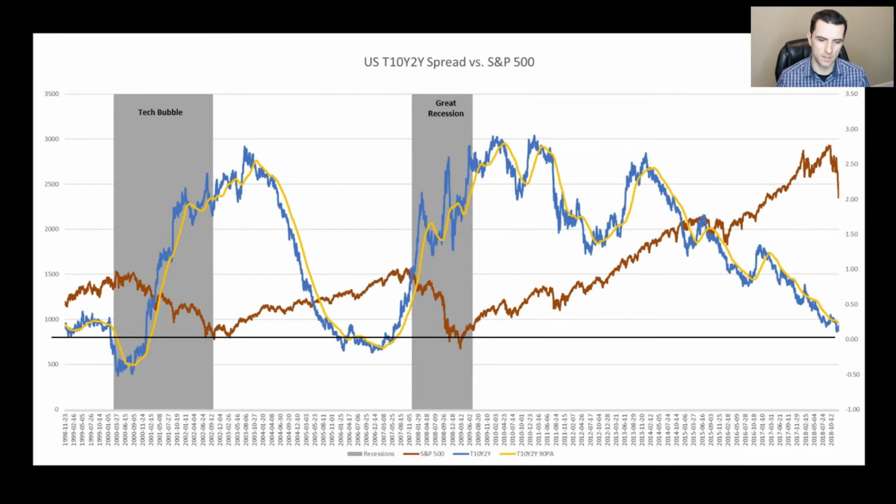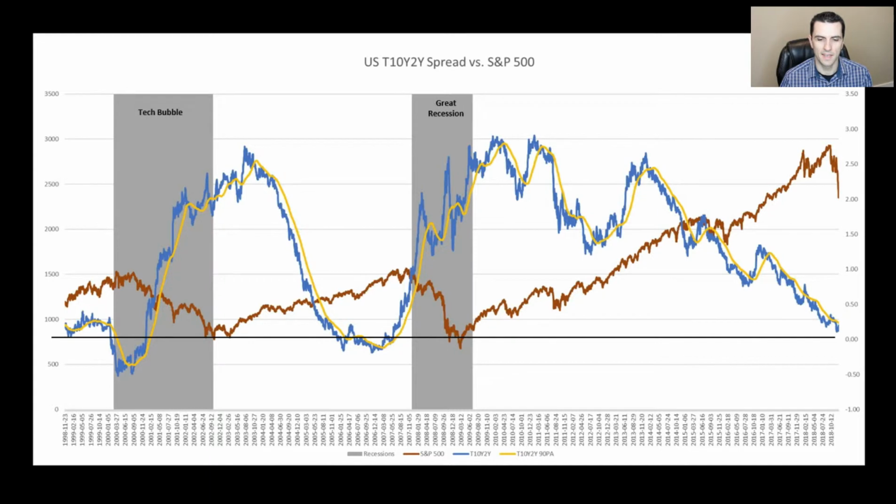Looking at the yellow line, or even the blue, it doesn't really matter, you can see for the tech bubble correction or crash that the yield curve did invert just right at the beginning of that recession,